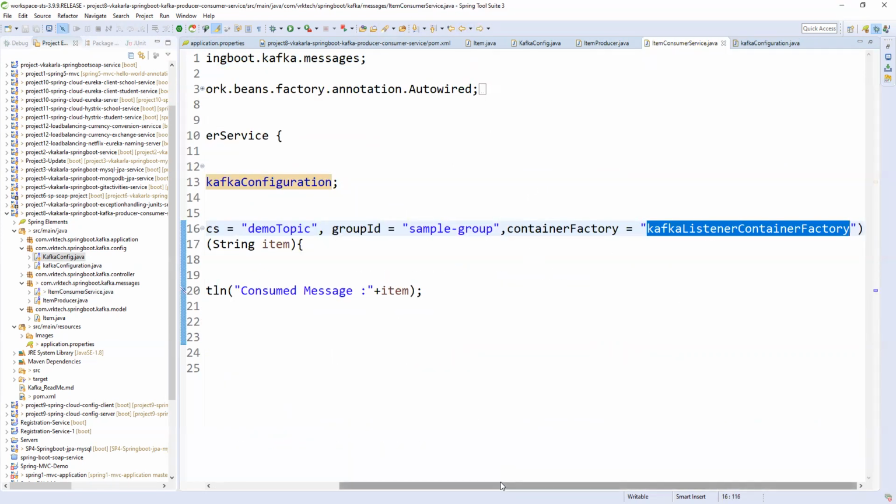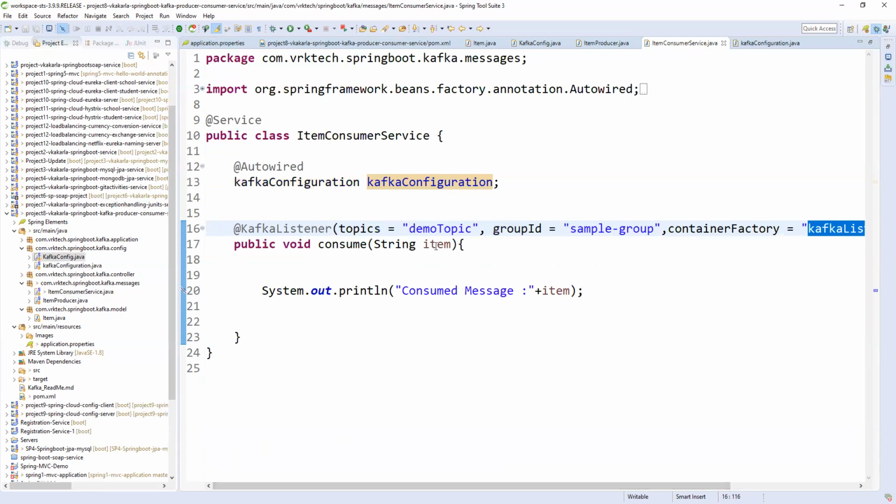So it will automatically consume the string JSON item. We are not calling it here; the consumer will take care of it automatically. We need to catch this.